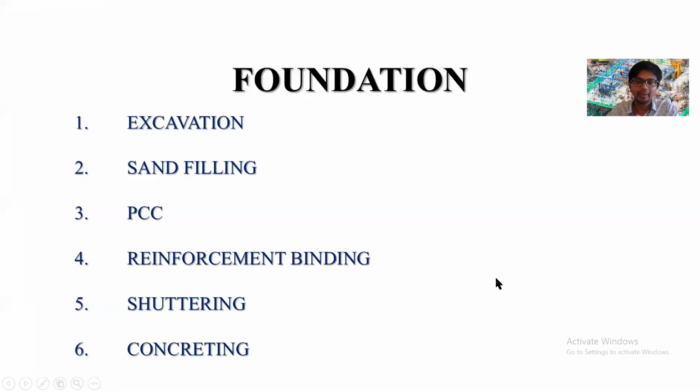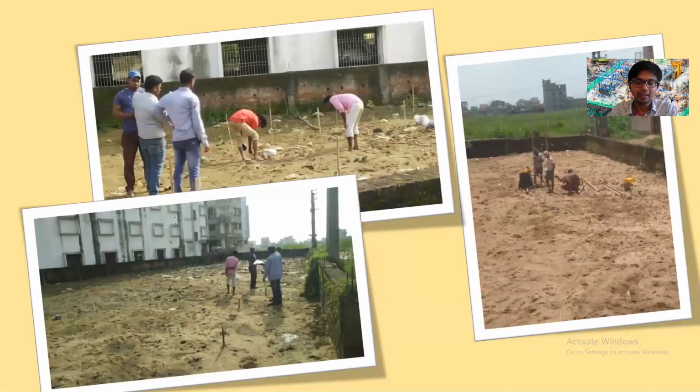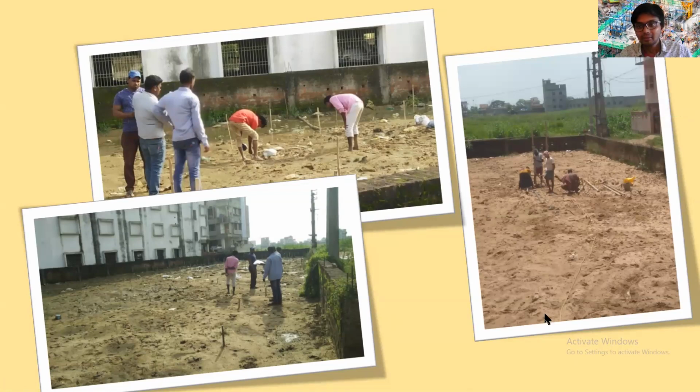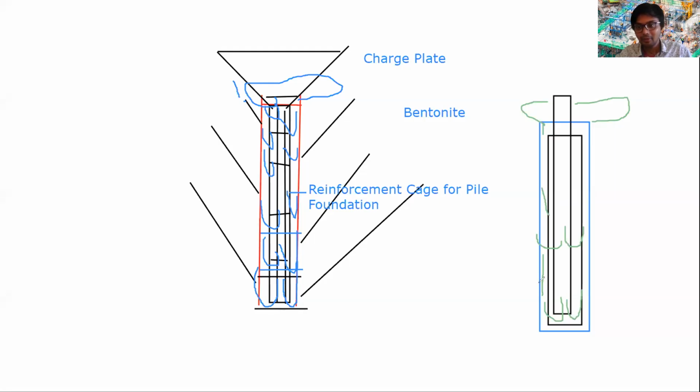Okay. So basically we're talking about the sand filling. We have discussed why sand filling is preferred. Sandeep has asked how to avoid air voids and water voids in pile foundation. If you want to avoid air voids and water voids, always remember that the pipe of the charge plate should be below the concrete. Now, what does this mean? For that also, I can show it again. Below the concrete, at least by a level of one foot. So as you can see here, suppose this is the current level of concrete.